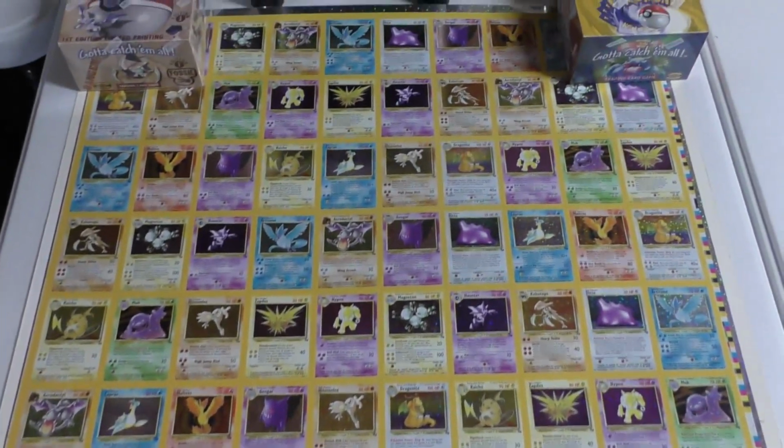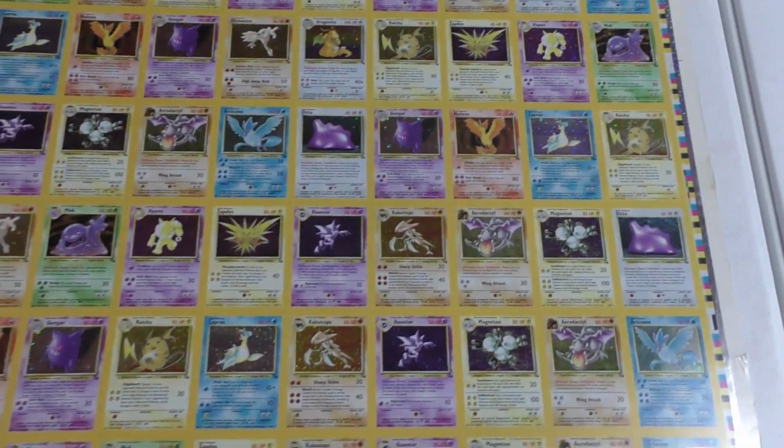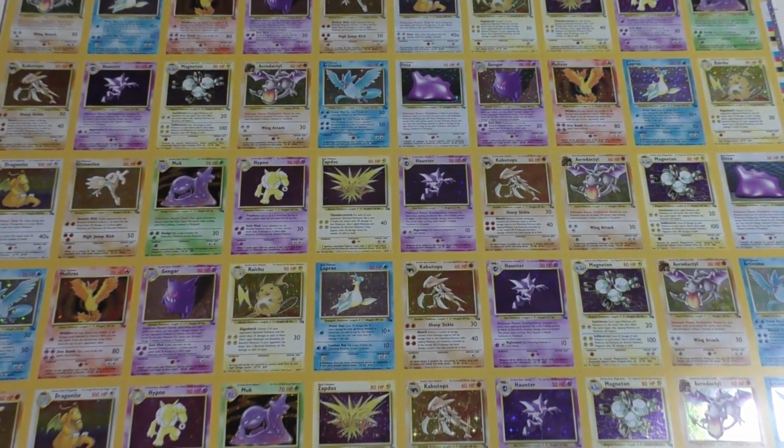I would recommend getting it framed if you want to have it displayed. Keep it out of light, because I've seen many sheets that are very faded, but they are very impressive if you do something like that. This is, like I said, probably the most common uncut sheet, but it's also one that is very, very popular,